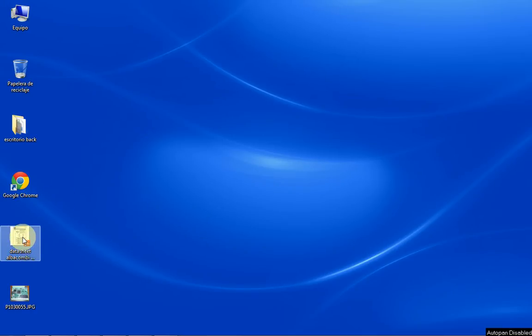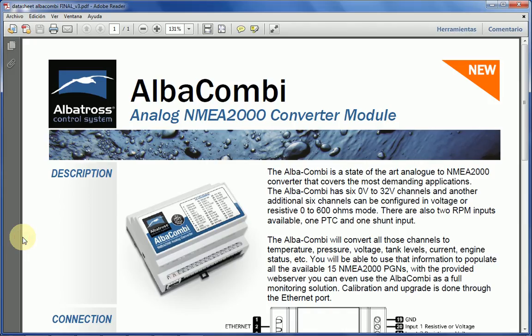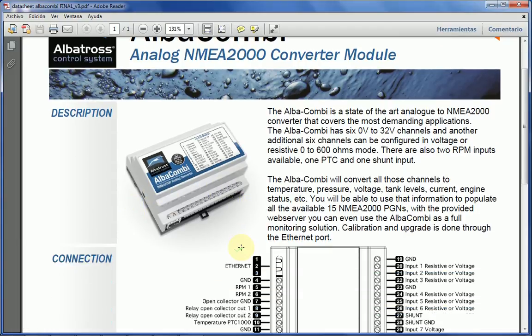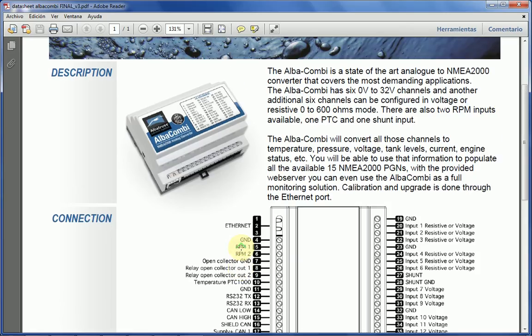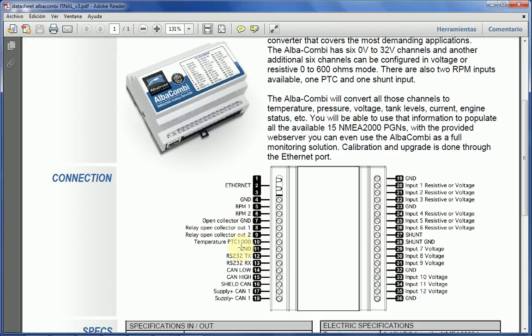In this video, we are going to show you what the AlbaCombi is. Basically, the AlbaCombi is an analog to NMEA 2000 certification pending converter. What it does is, in a small package of 6 DIN rail size, it has an analog to digital converter, and it has many inputs and a couple of outputs to be able to do basically all your monitoring